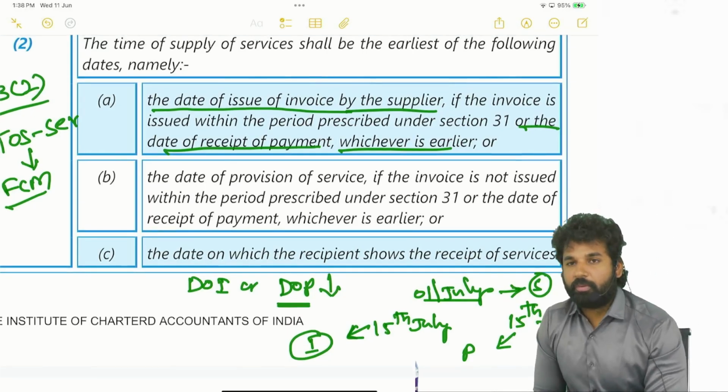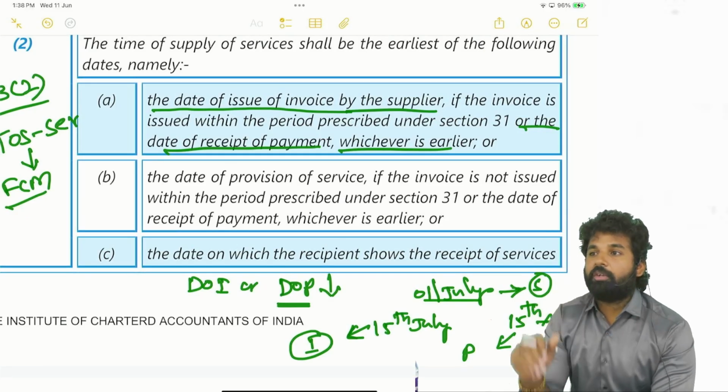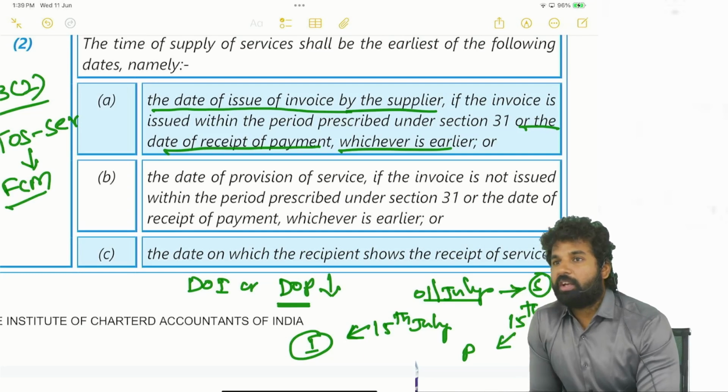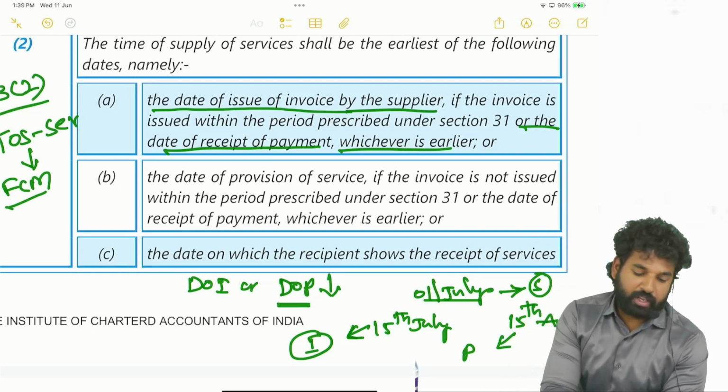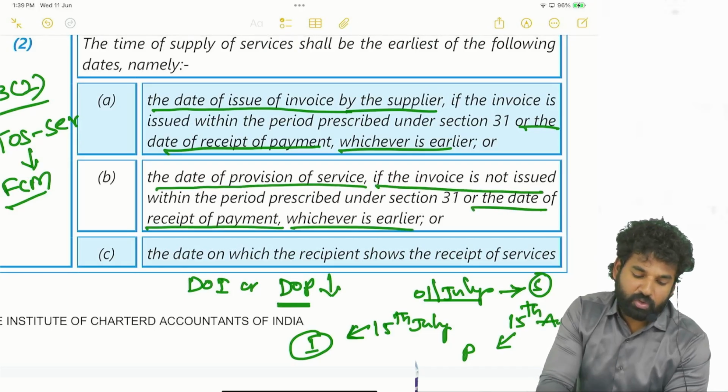Then what will be the time of supply? If the invoice is not issued within the time, then it is not linked to the date of invoice, it is linked to the date of provision of service. So when you are providing the services, in such a case, the time of supply is the date of provision of service or the date of receipt of payment, whichever is earlier, if the invoice is not issued within time,